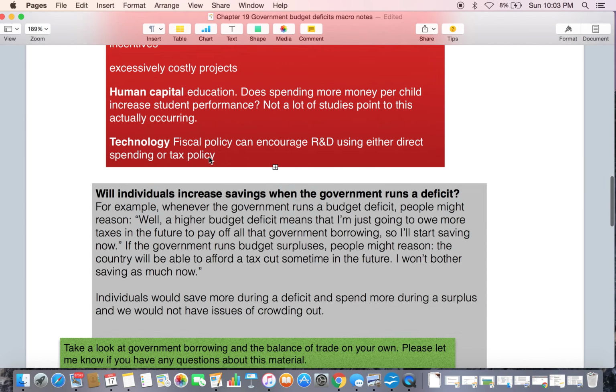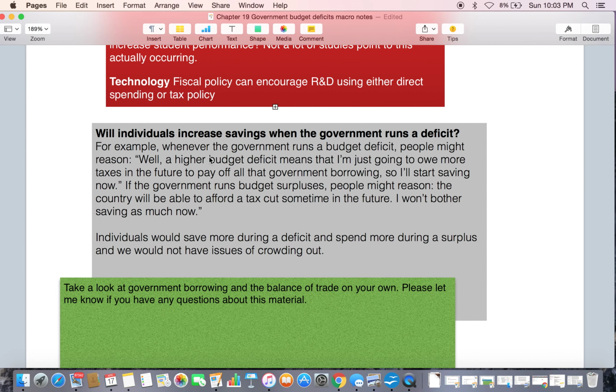Let's take a look. A higher budget deficit means for people that I'm going to owe more taxes in the future. If I know the government is running a budget deficit and they're having to issue a bunch of treasuries and the national debt is just increasing, well, I might assume that they're going to use tax revenues in the future. So they'll increase my taxes and I'm going to have to pay higher taxes. So what I might do now is save more now so that when taxes are higher, when I don't have the ability to save because taxes are so high, I will have the amount of savings I need for retirement,